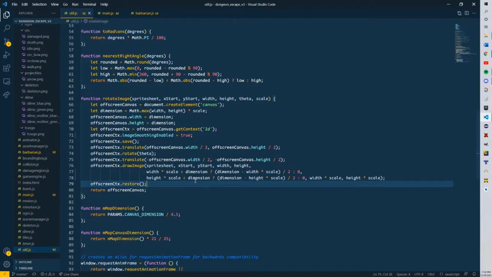And to account for this, we're then just going to take the difference in dimension and width or height times scale and divide it by 2. And this will ensure that our scaled image is then going to be centered on the off-screen canvas in the end. And then we're going to draw our image to be size width times scale, height times scale. And this will ensure that we are scaling our image